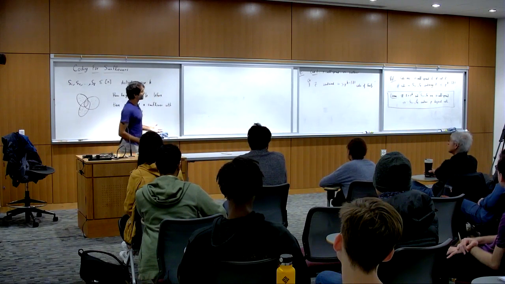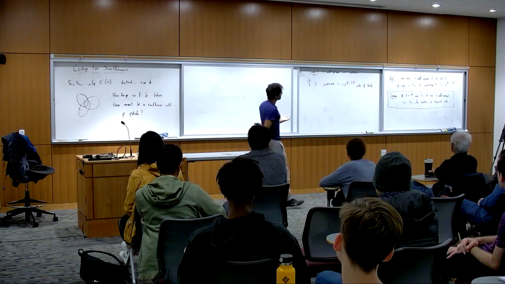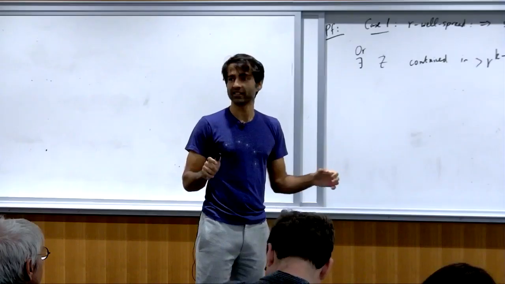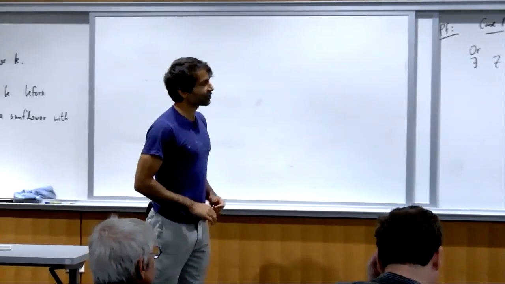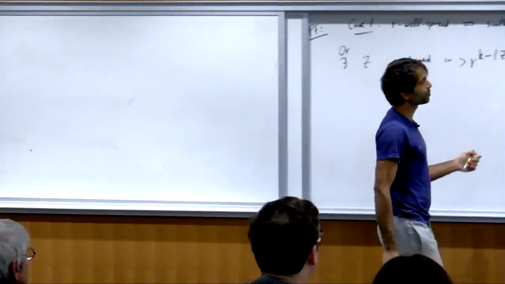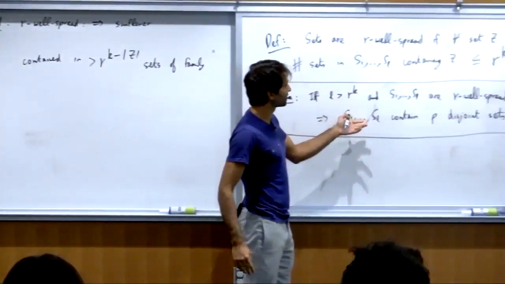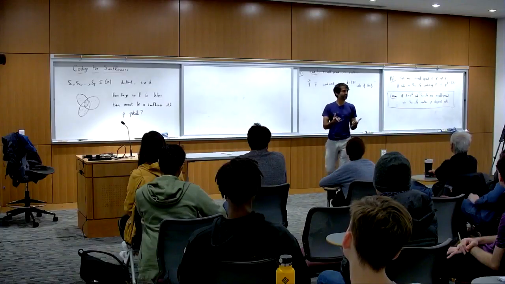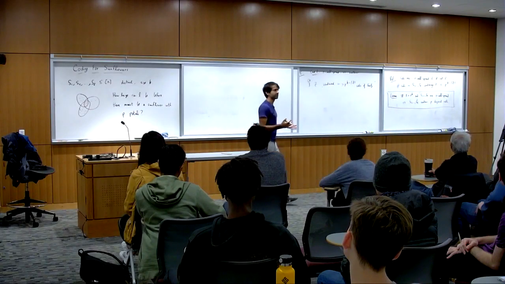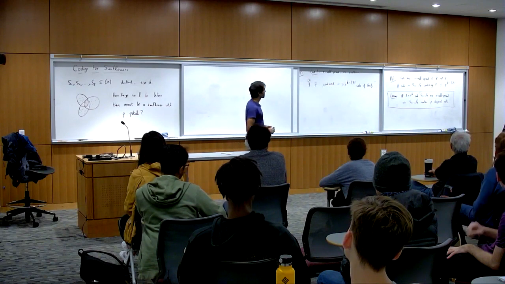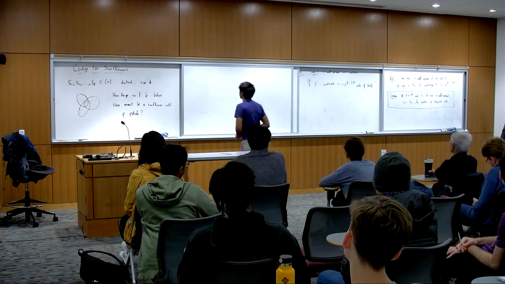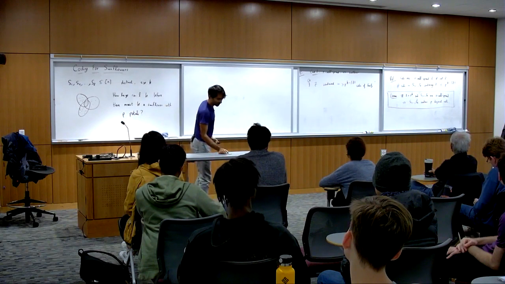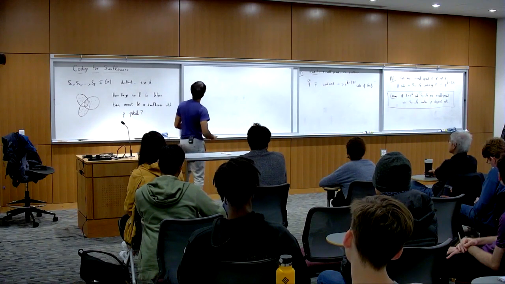All right, so the key thing is to try to understand what it means for a family of sets to be well spread, and how we can leverage this to say that there should be sets that are disjoint. Actually, forget about finding p sets that are disjoint. As far as I can understand, the hard part is just showing that there are two sets that are disjoint. Even this is challenging. Okay, so let me try and give some intuition, at least my intuition, for why this should be the case and how the proof goes.